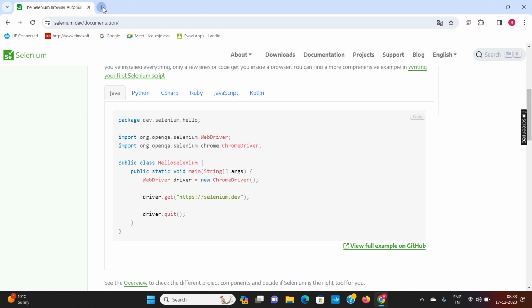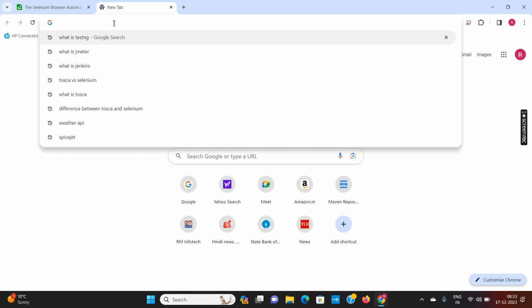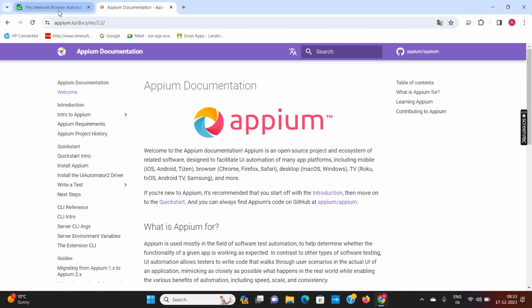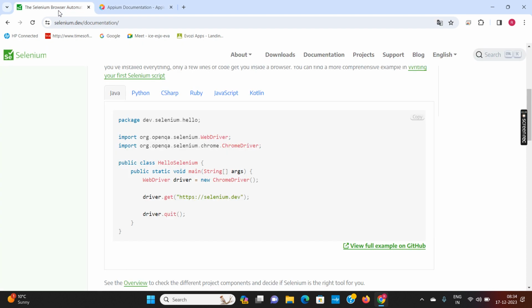Now, I'm going to another side, that is Appium. Selenium automates web applications. But if I want to automate mobile apps, like the Amazon app or calculator app, because many companies are now making apps, or some are making only apps and not websites, because apps are easy to use.